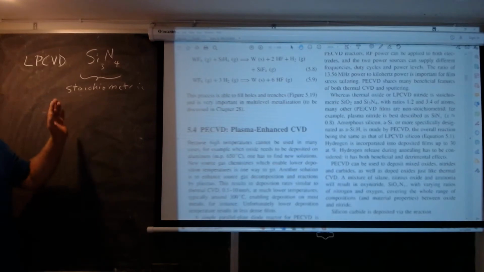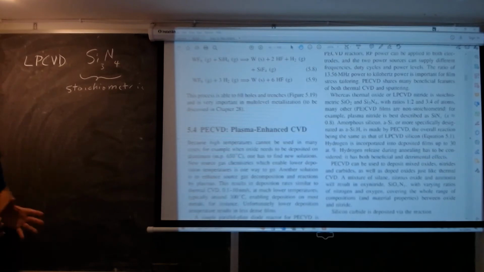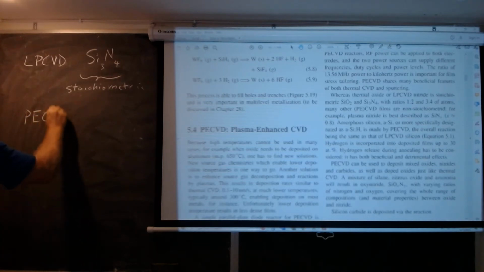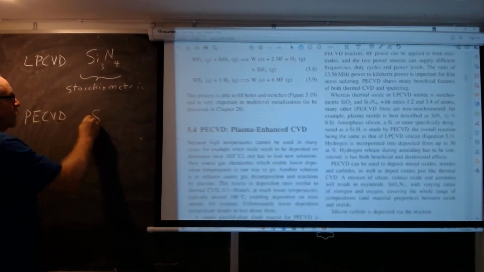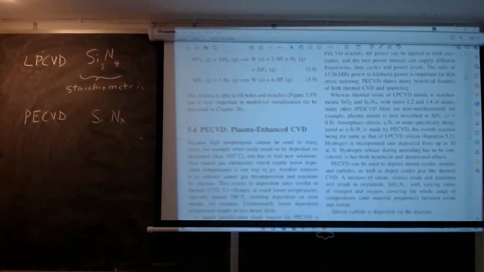Which basically means it's a molecular structure. This is a molecule of silicon nitride, and the film basically is composed of molecules of silicon nitride. Whereas with PECVD, you tend to get, usually it's written SiNx, which basically means that